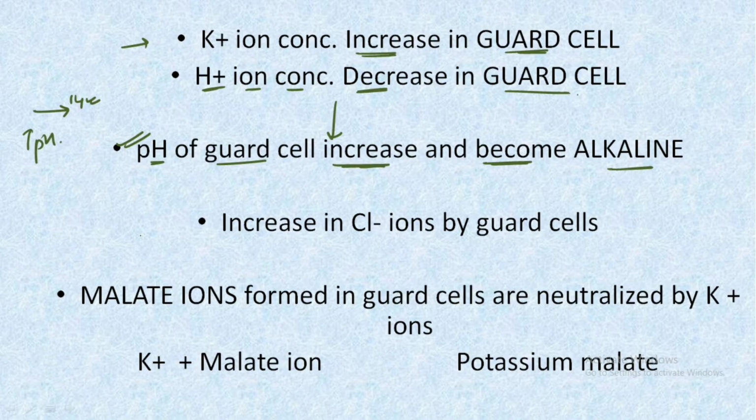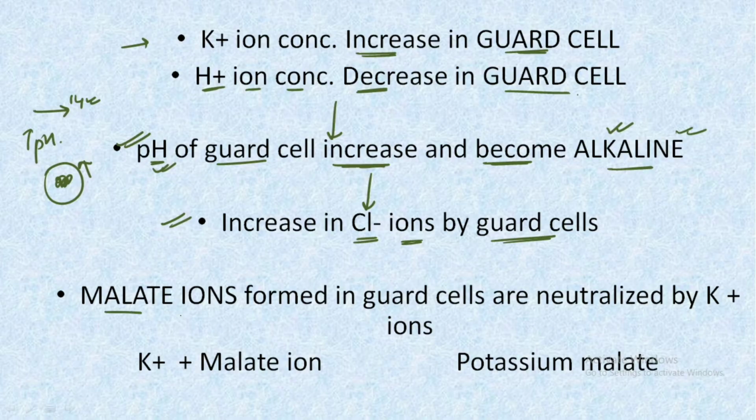And as we already know about the pH concept, if the pH of a particular environment increases, that environment becomes more alkaline in nature. And along with the increase in the pH, there also occurs an increase in the K plus ion concentration in the guard cells. Now the malate ions, which were produced from the dissociation of the malic acid, which was produced as a result of the starch getting converted into the malate,